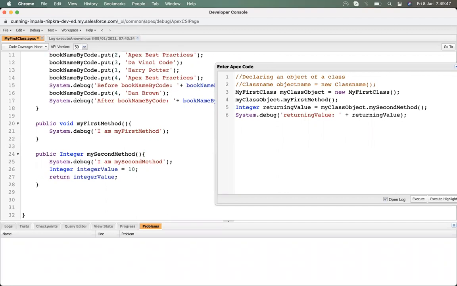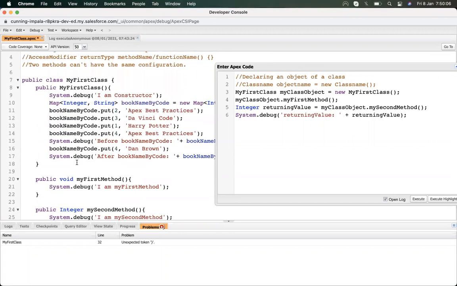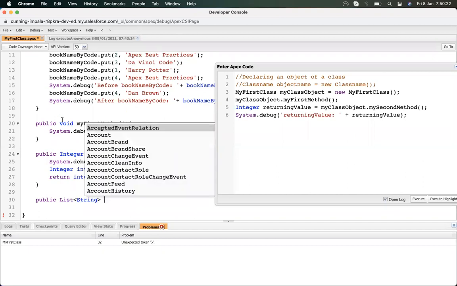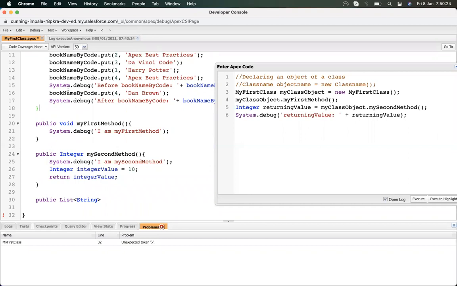So what I will do is create a public method. Let's first say it is removing from a list. After the removal it returns that list, means the output list gets returned. So for that I will declare a list of strings, where we pass the book name and remove the second element from that book name.